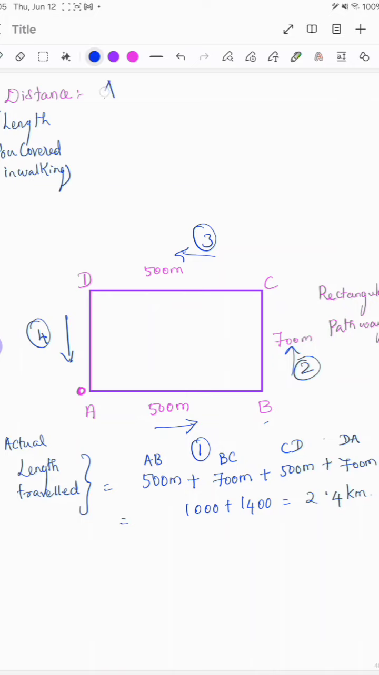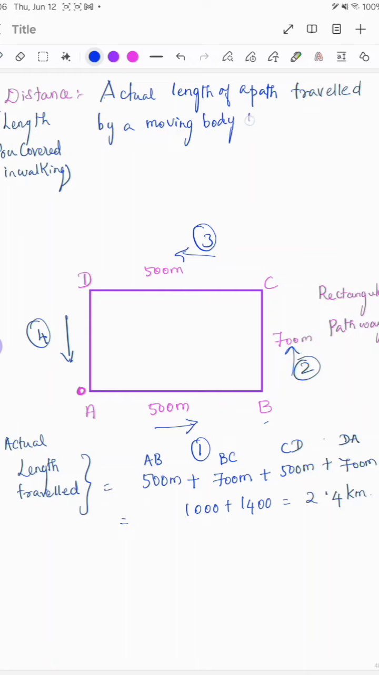So the definition is the actual length of the path you traveled by moving your body. That is, we are moving around, but irrespective of the direction you have traveled. Irrespective of the direction. I never mentioned anywhere in the